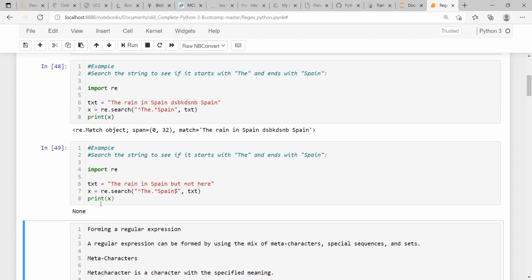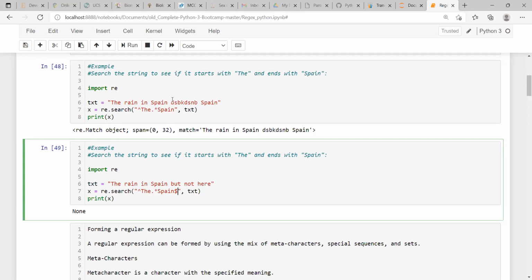It is giving us none. Why is it giving us none? Because you are searching for the whole string where the string will end with this word, but no such span is at the end, so you get none.